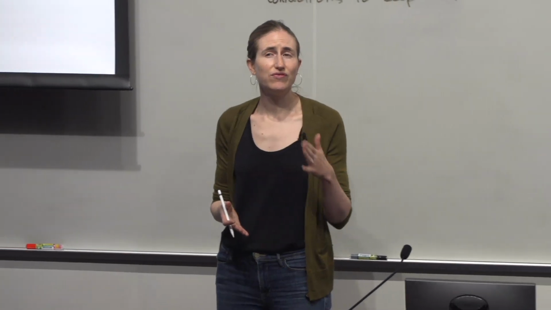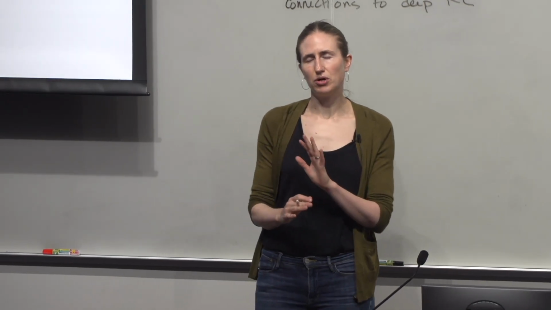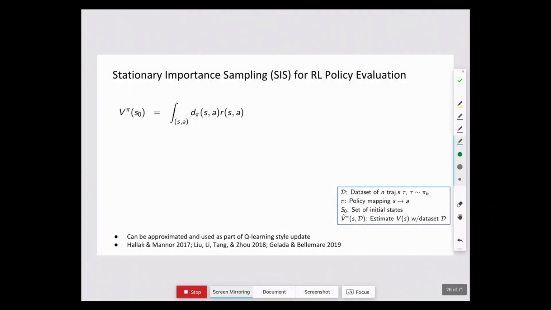So recall that in the Markov decision process case, if you fix the policy, then that induces a Markov chain because you know what the action is at each time point, and if you run that policy for long enough, it'll be a stationary Markov chain. It will have mixed. And so that's the insight that has come up within stationary importance sampling, SIS, for RL policy evaluation, that several different groups have independently been thinking about very recently over the last year or two. And here's the insight.